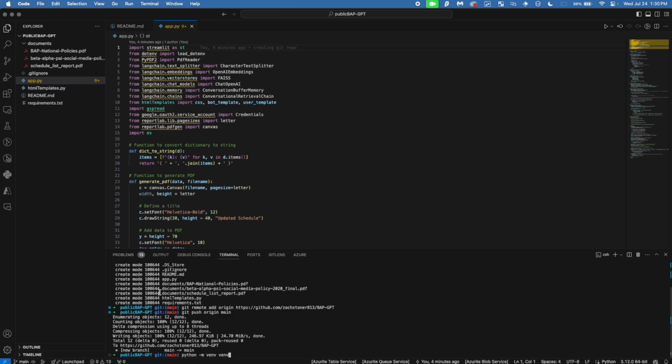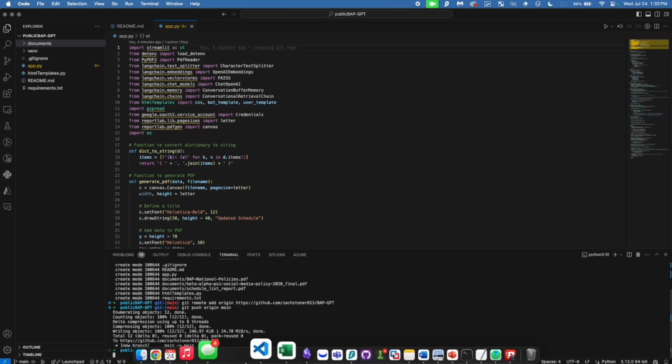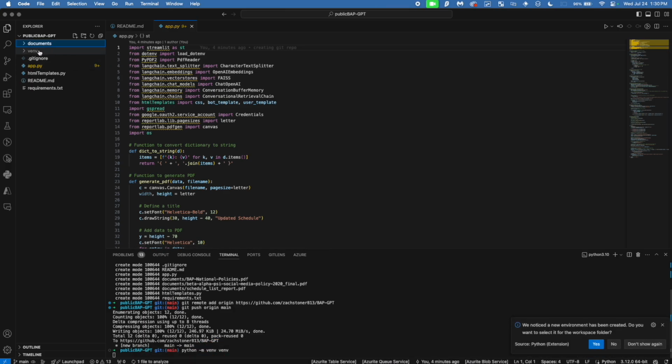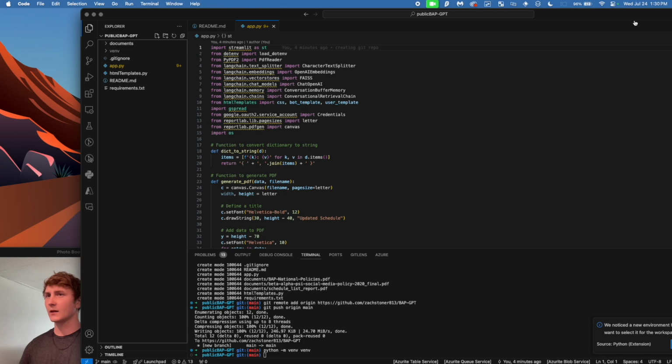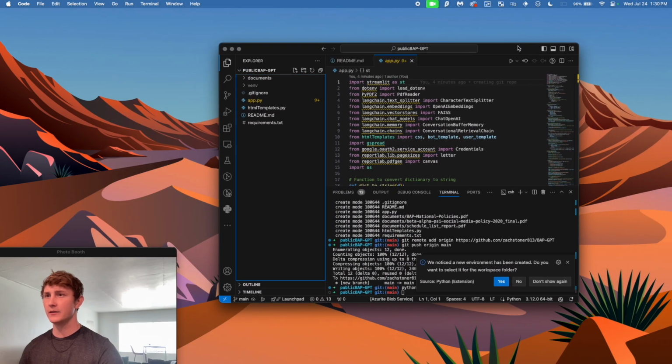When I press enter, up here in this repo, there will be another folder created automatically that is our virtual environment. Enter, and yep, there it is. There's our virtual environment. So essentially, what a virtual environment is